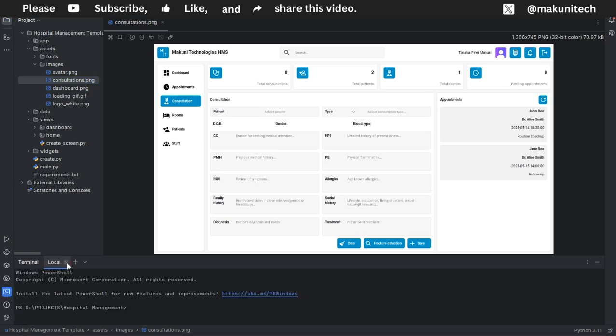All right, so let me just get rid of this and open it again. Okay, so inside here, I'm gonna say cd views. So I'm gonna navigate to our views folder from our terminal. Then inside here, I'm gonna create this create_screen.py file. So what I'm gonna do with my terminal, I'm gonna say